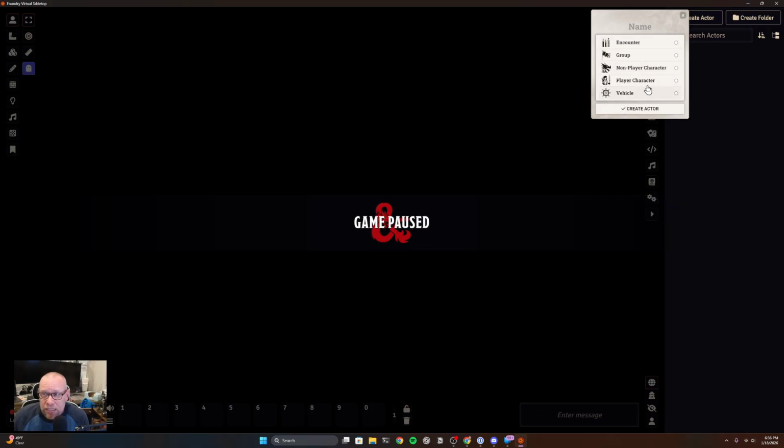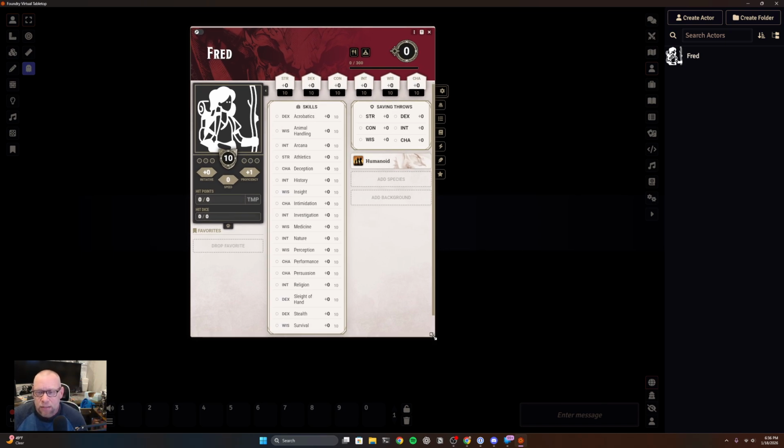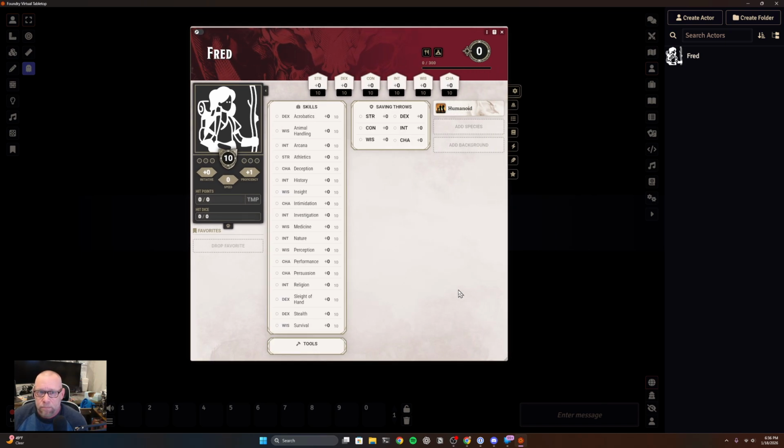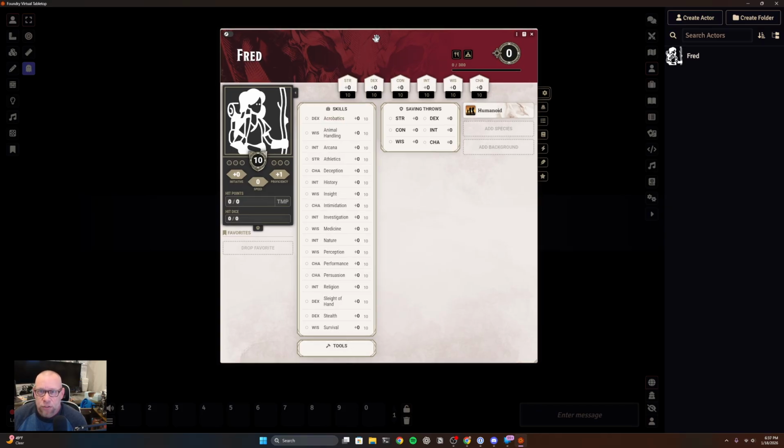Because you see that you have a lot of different types than just a player character. But first I'm going to create a player character called Fred, and I just have to make sure that I say that this is a player character. And then this actual character sheet is coming from the D&D game system. So it's just a part of that system that provides that. By default, obviously, this is blank and empty. There's nothing to it. It's not even a template. It's just an empty character sheet with no